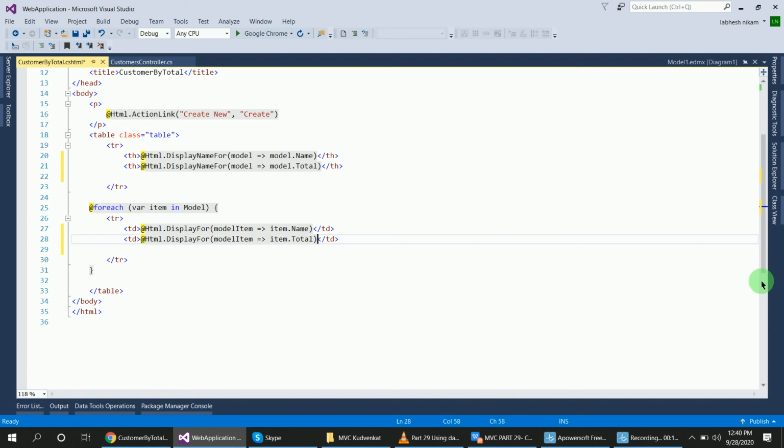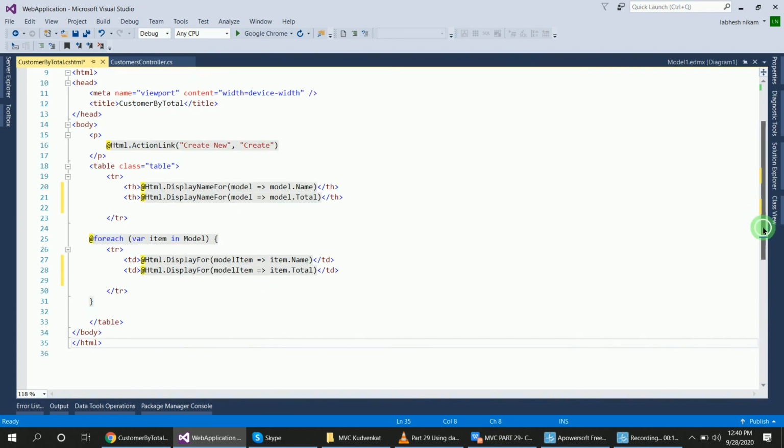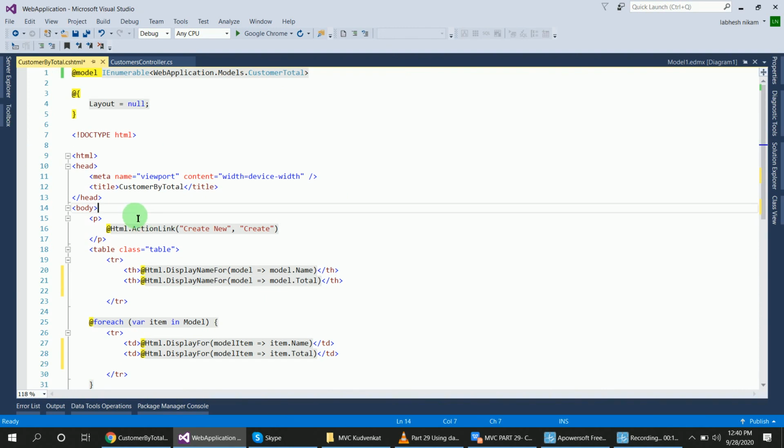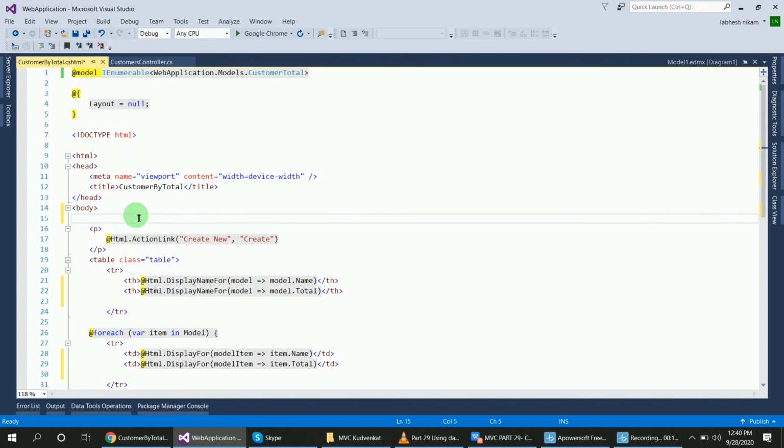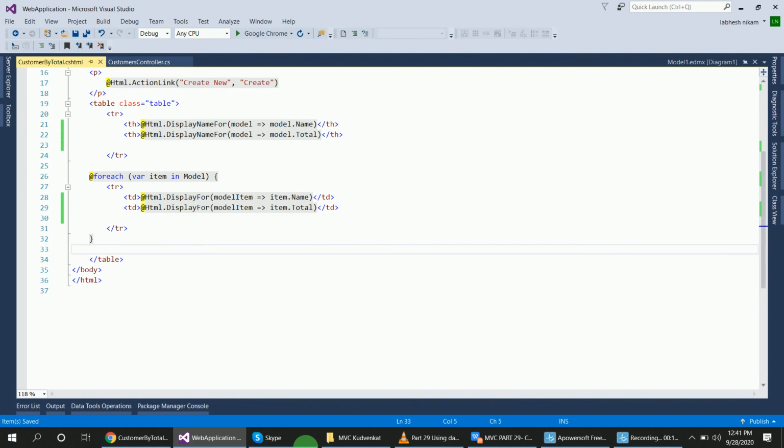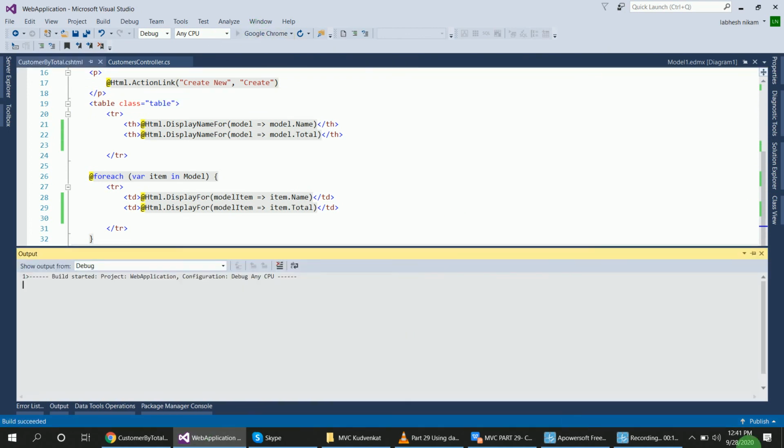Inside of that I pass my total. No need to create this, because it is already created. Let's run the program and see what happens.